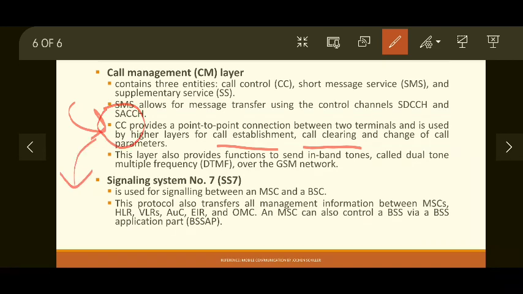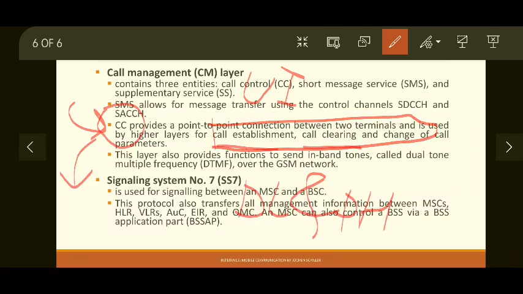Okay, so it is a layer wise procedure for doing all these things, and that's why CC stands on the top of it. So in short, we can say CC manages the communication between user interface and lower layers like data link and physical, for all these three purposes: establishment, maintenance, and release.